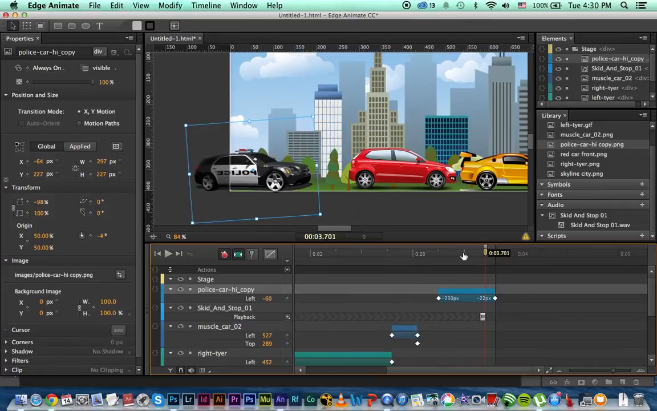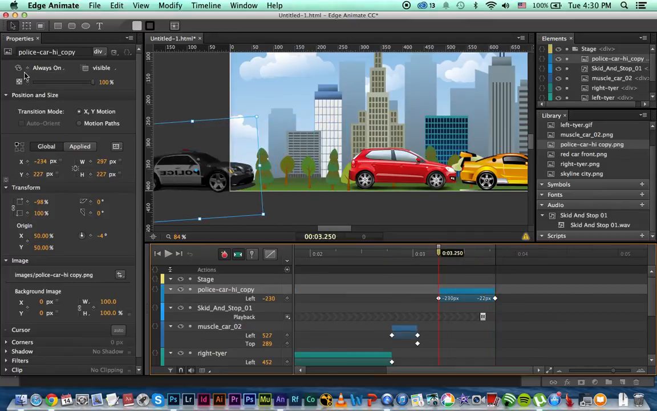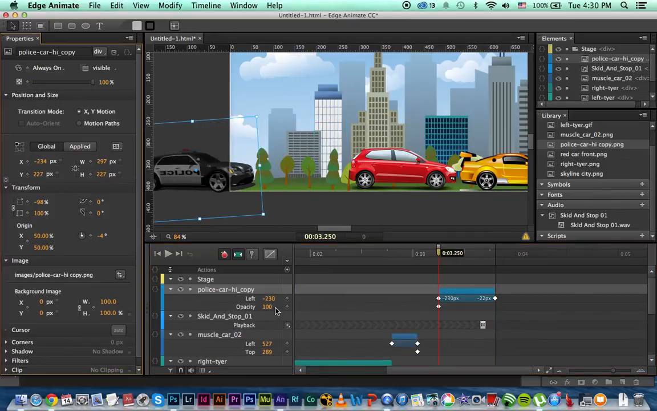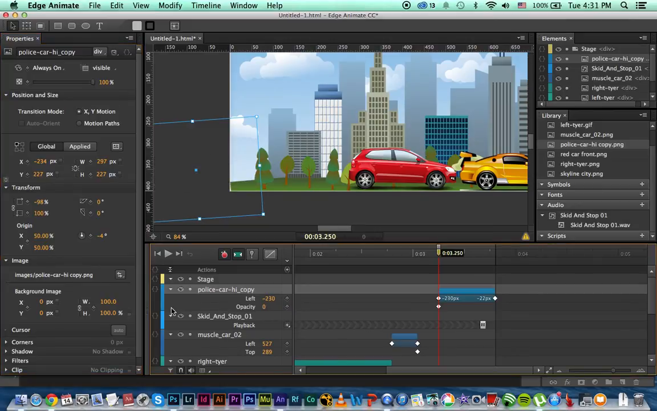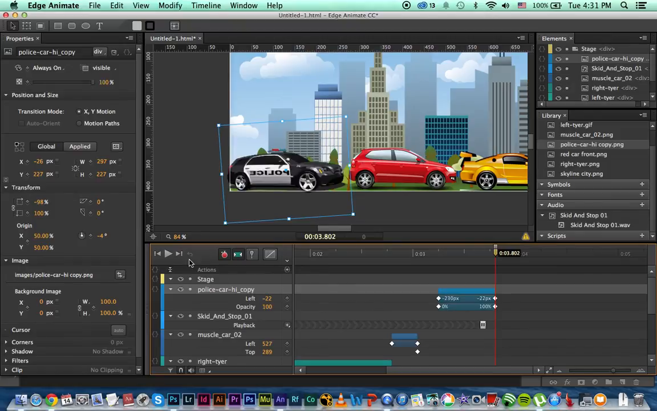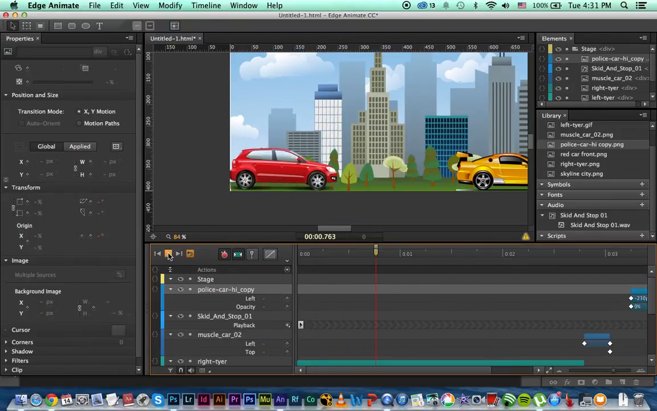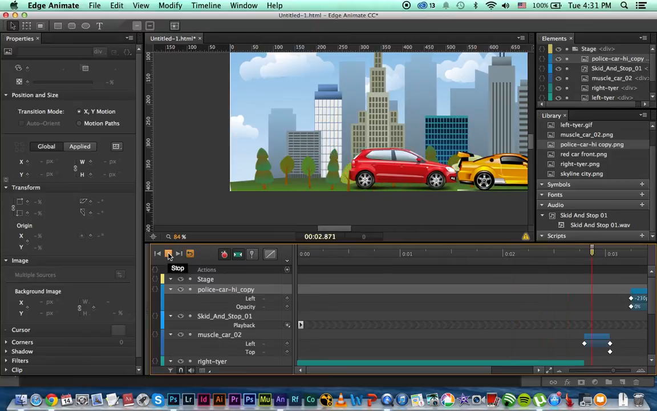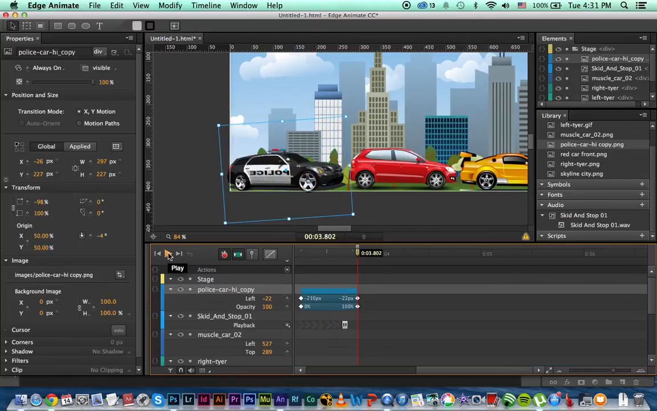I shouldn't see this. So here, I'm just gonna add opacity. I'm just gonna say, here the opacity should be 0. When you reach here, the opacity should be 100. So if we play again, right? Let's